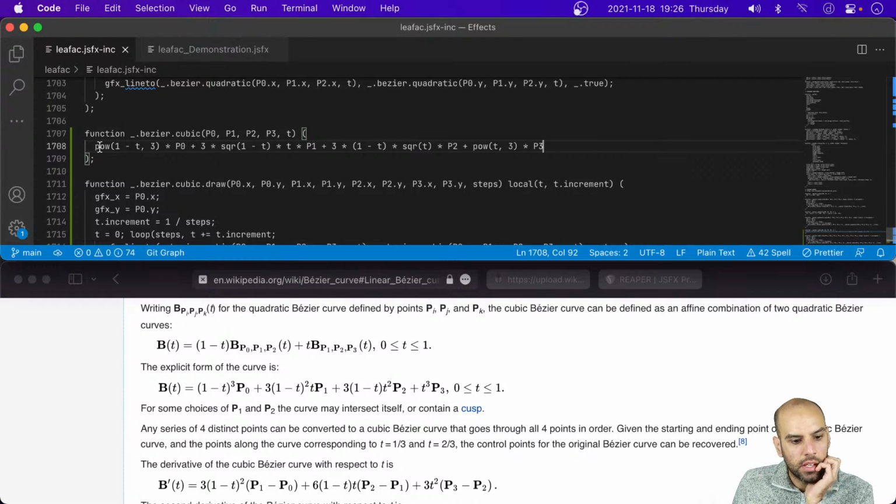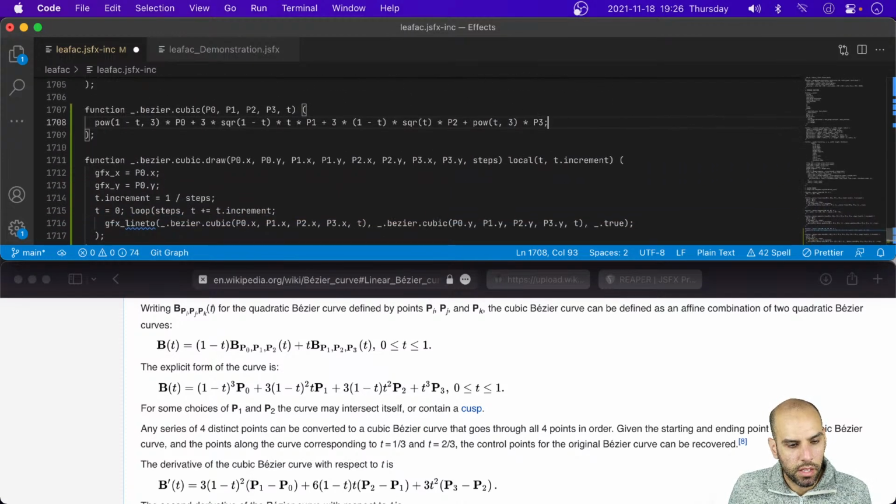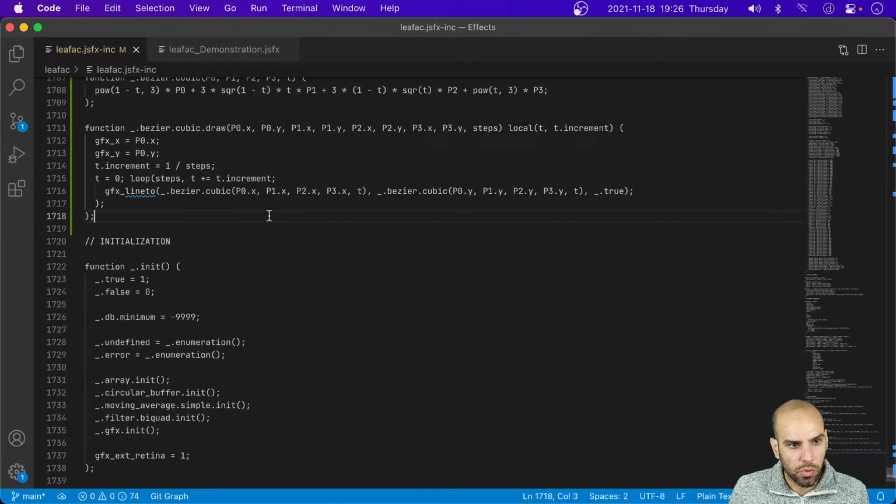Okay, let's review this. Take the cube of 1 minus t times P0 plus 3 times 1 minus t squared times t times P1 plus 3 times 1 minus t times the square of t times P2 plus t cubed times P3. Lovely. And then we already did everything else here on the cubic draw function. So that's good. We can move on